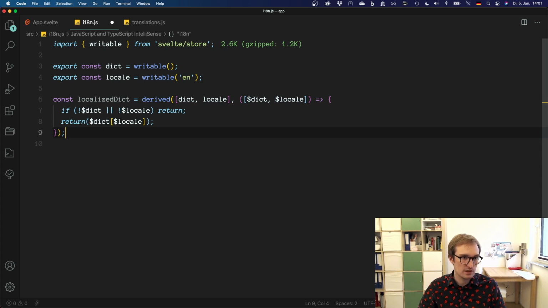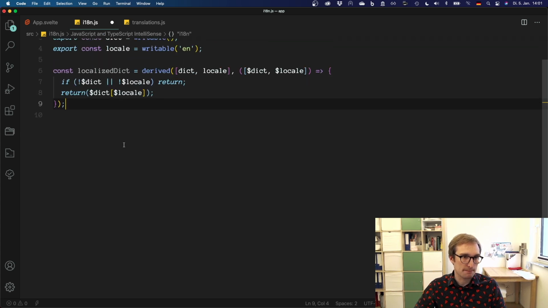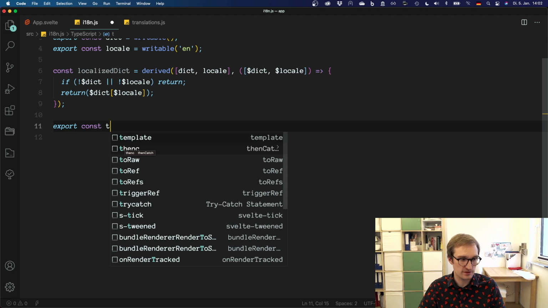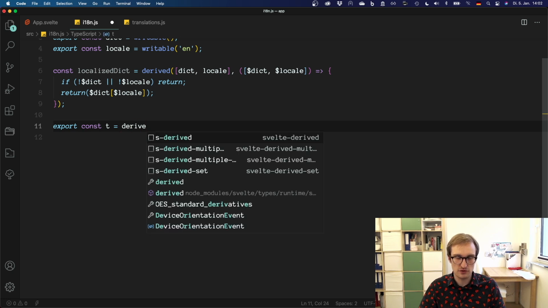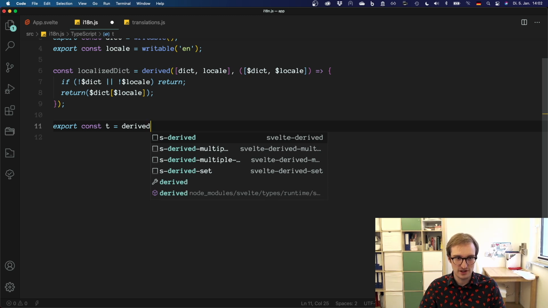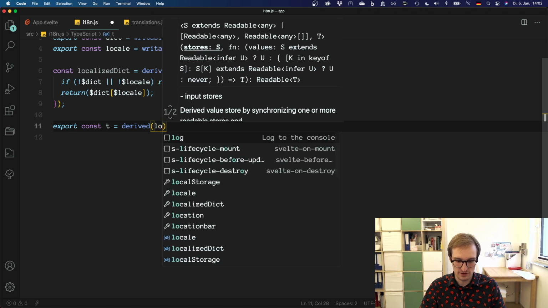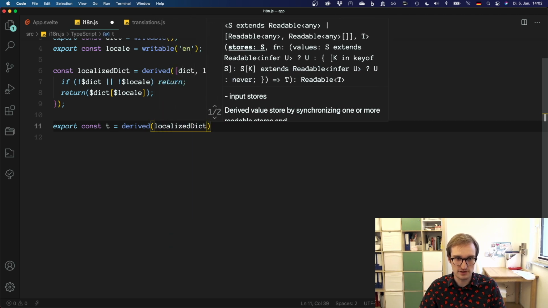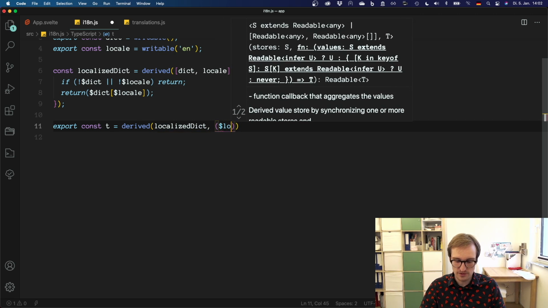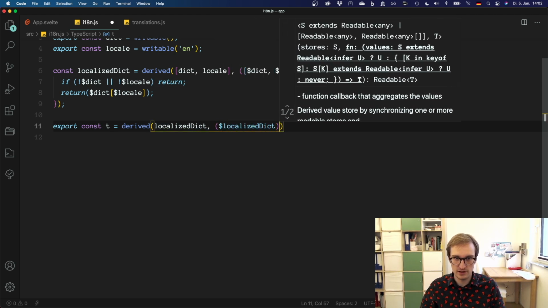Okay. And then we can definitely start to build our function t, which should be the translate function. And this is of course also a derived store because it's dependent on which localized dict I currently have. It's just based on the localized dict, so which selection of language was done and how does the localized dictionary look like. So I can just say, okay, this one is dependent on localized dict, and it gets me the value of localized dict here in this